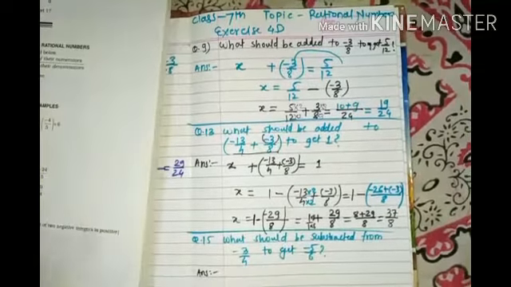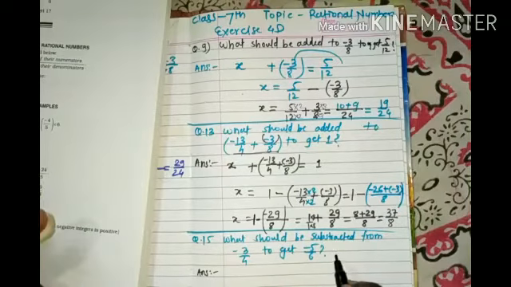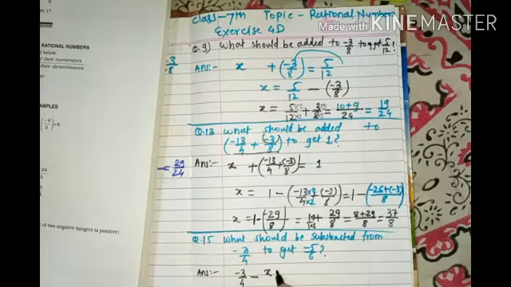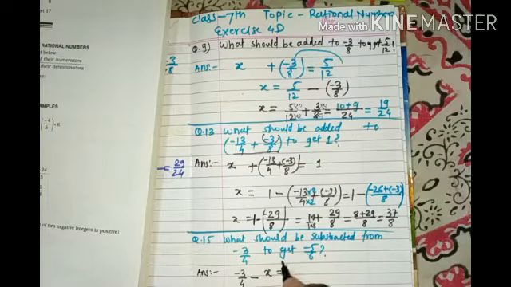Now the next problem is of subtraction. Now we have to find which number we have to subtract from minus 3 by 4. In subtraction, as I have told you earlier, when there is a number after 'from', that number we have to take first. So minus 3 by 4 we will take first, then the subtraction sign, and then we write the unknown number, which we will take as x, to get minus 5 by 6.